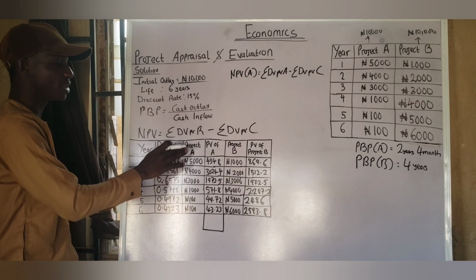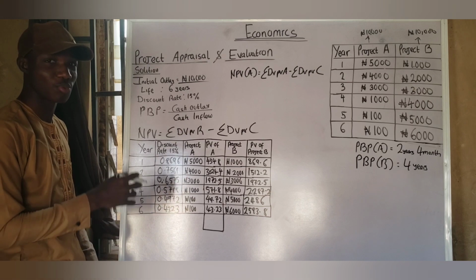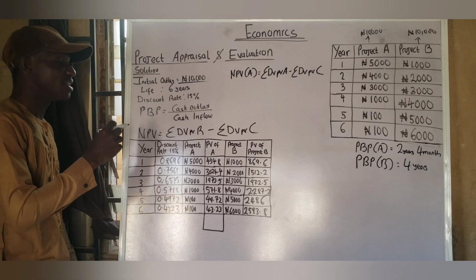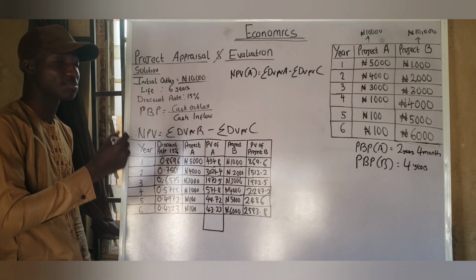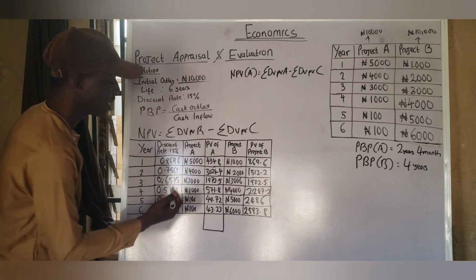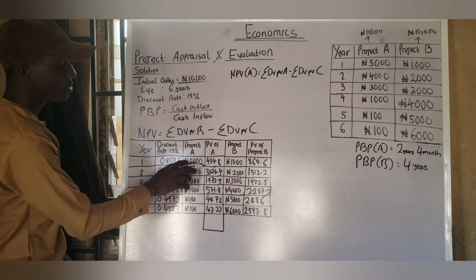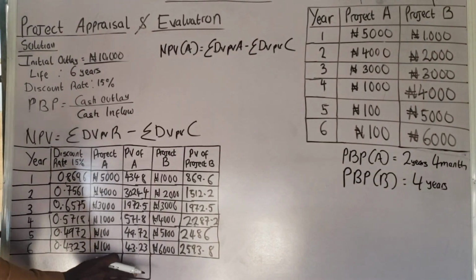You understand? The present value of the revenue is the income stream of project A. Please let that be in your mind. The revenue of project A is also the same thing as the income stream. So having taken the products, I'm going to sum all these together. If we add all these values together, we're going to have